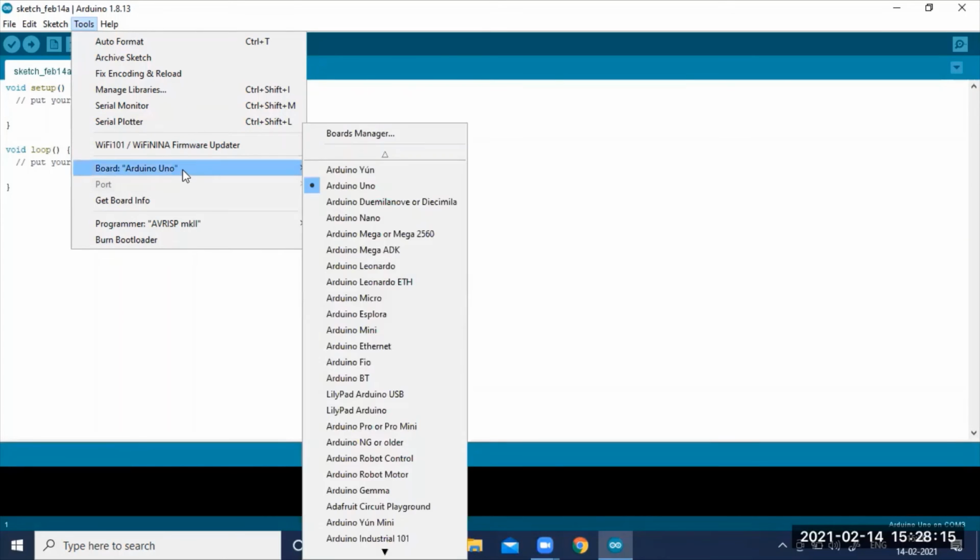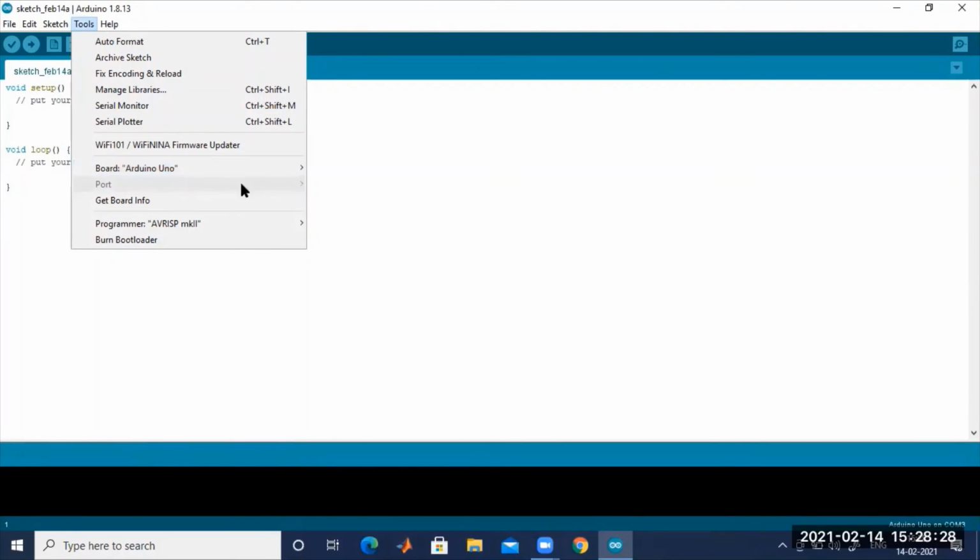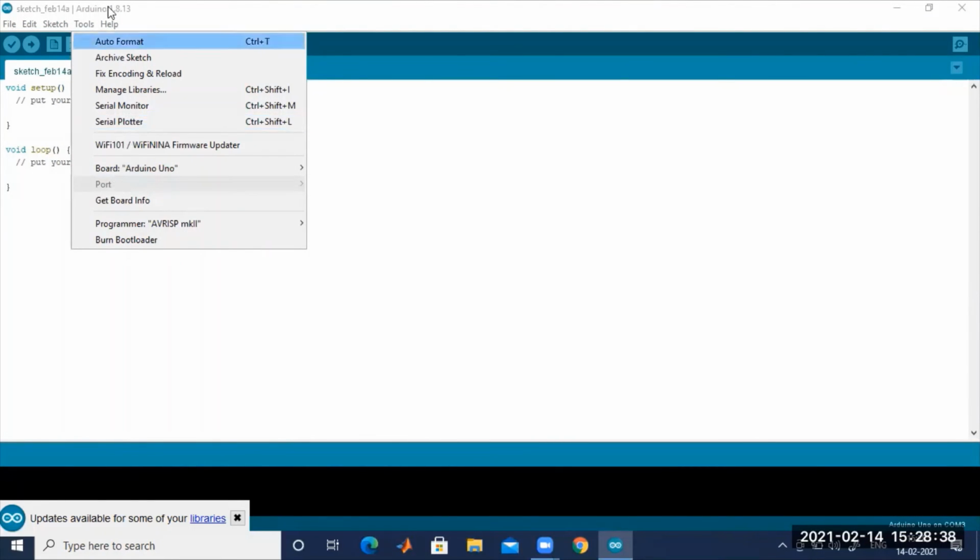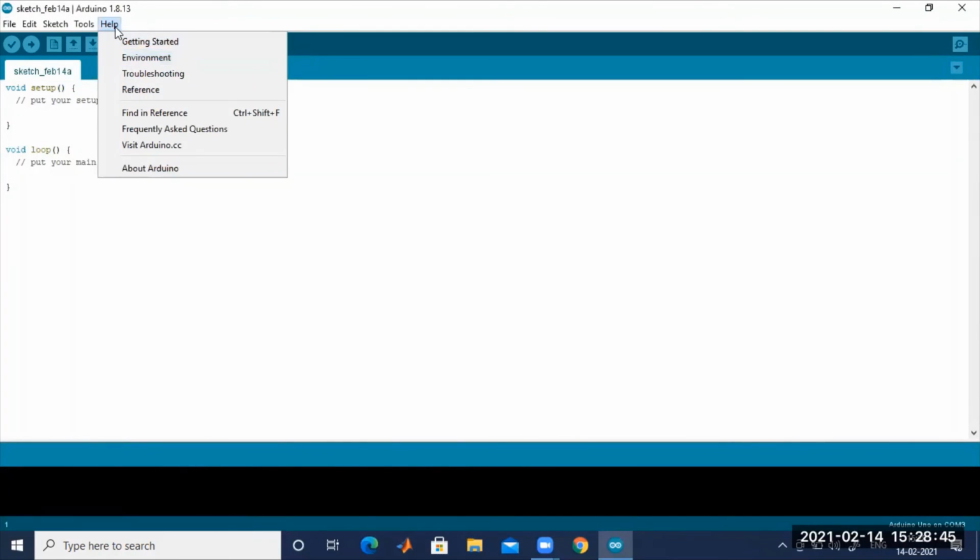Make sure that whenever you are using the Arduino Uno, it has been connected to Uno only. There are different options like Arduino Nano, Arduino Mega, but we are using Arduino Uno only. That you have to verify. Clear? Similarly, whenever I'm going to connect the hardware, the port will be directly displayed. Normally, we have to check for COM3. I will tell you that whenever I do the first program. So these are the different options for tools. Then the help option is also available.